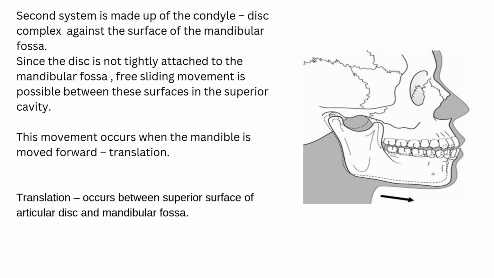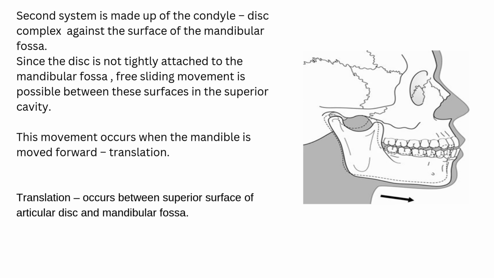Now the second system is that this condyle disc complex moves against the surface of the mandibular fossa. In the mandibular fossa, the condyle is not tightly attached, so free movements are possible. Free sliding movements occur on this surface, in the superior cavity. Got it? And there the mandible moves forward, and that is translation movement that occurs between the superior surface of the articular